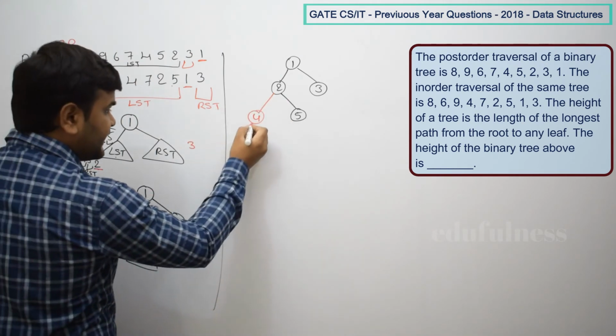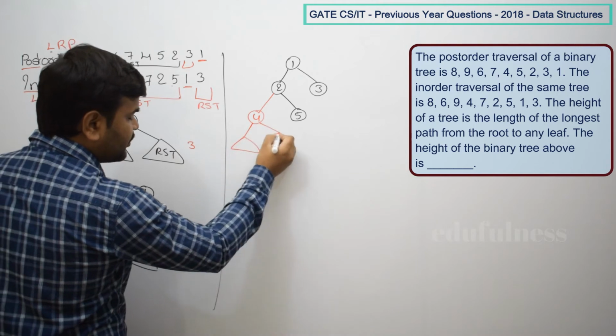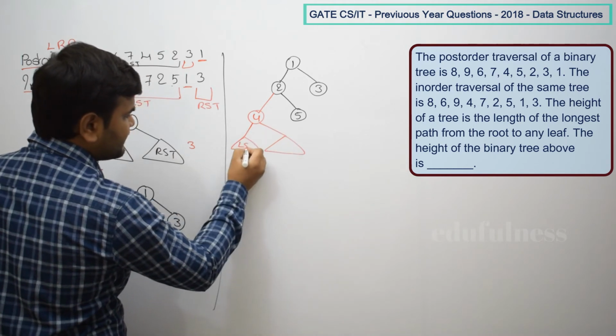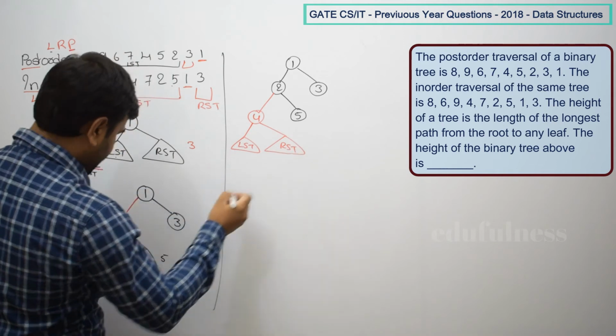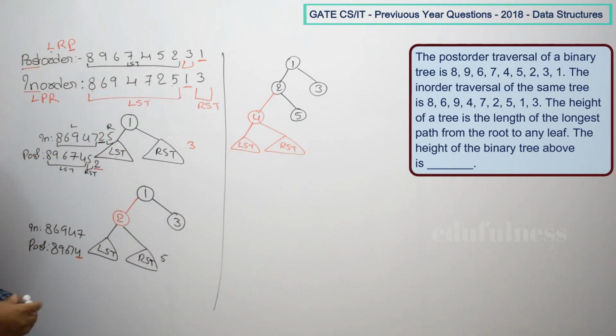Now who are in the left subtree for 4 and who are in the right subtree for 4? That is what we have to find out from the in order, right? So where is 4? Here 4. That means these 3 vertices are in the left subtree, and this is the in order traversal. That means its corresponding post order is the first 3 vertices. Then this node is in the right subtree. So that is left, right, parent, and here left, right subtree and parent.